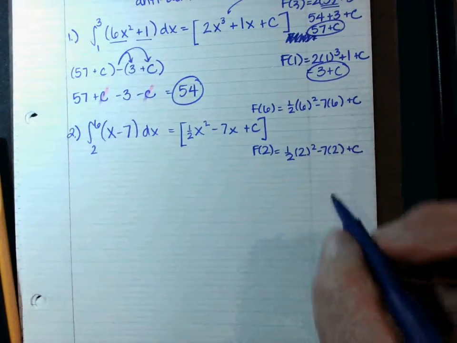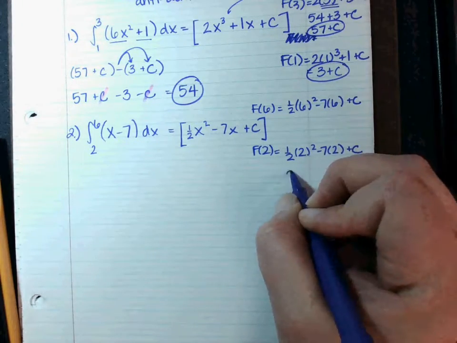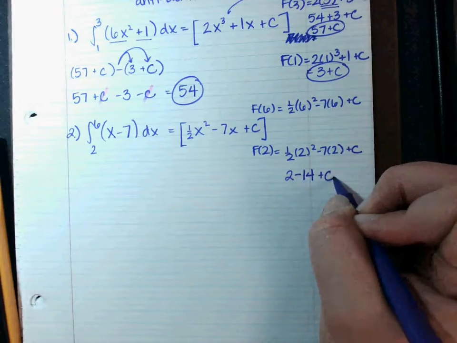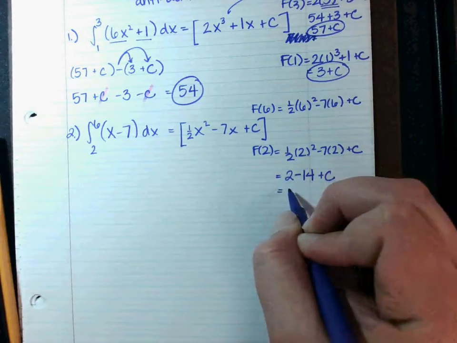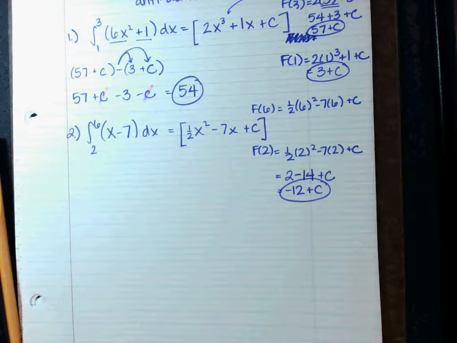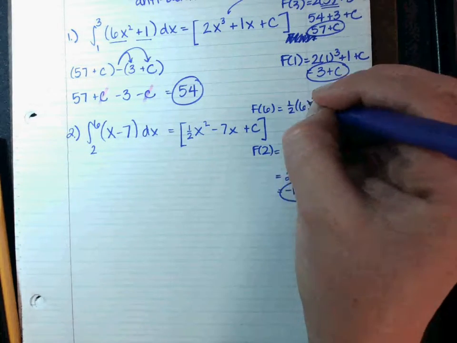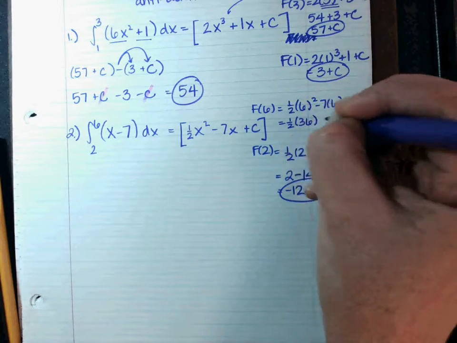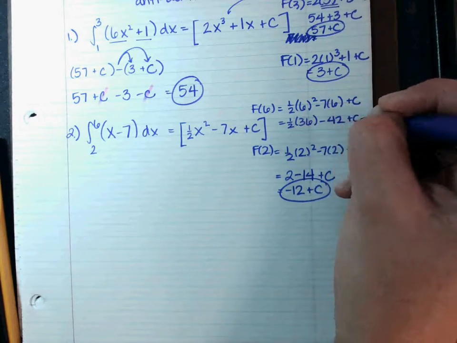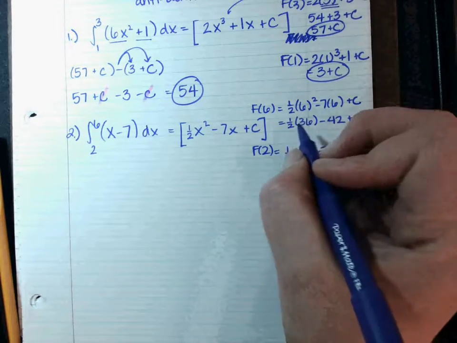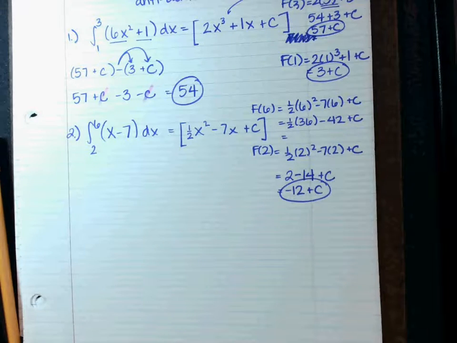So 2 squared here is 4. Half of 4 is 2 minus 7 times 2 is 14 plus c, which means that this is really negative 12 plus c. Alright, top one. I have half of 6 squared, which is 36, and then minus 42 plus c. Okay, and then half of 36 is 18. And 18 minus 42 is going to give me